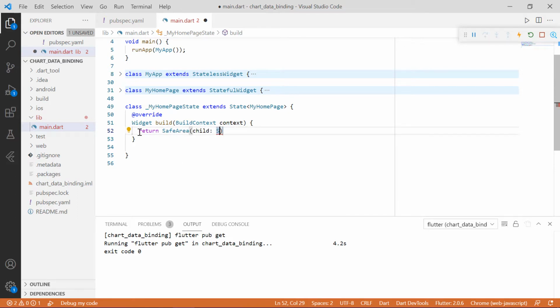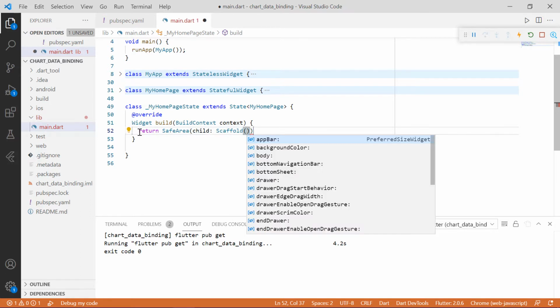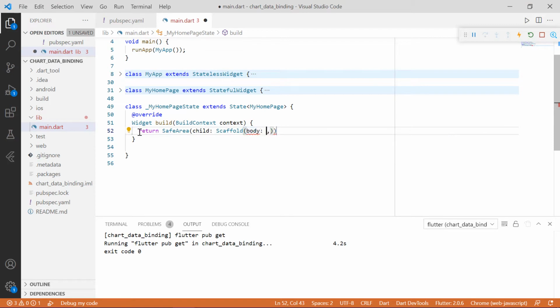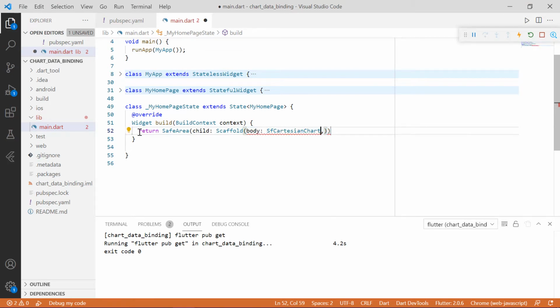In the child, set the Scaffold widget so that you can set the Material Design to your application. In the Scaffold's body, set the SfCartesianChart widget. You can render line, column, area, bar and other Cartesian chart types using this widget. Save the file to see the output.